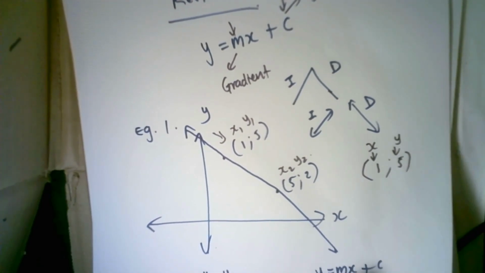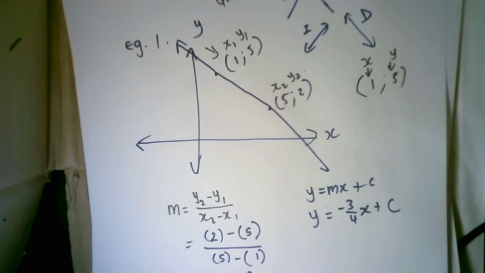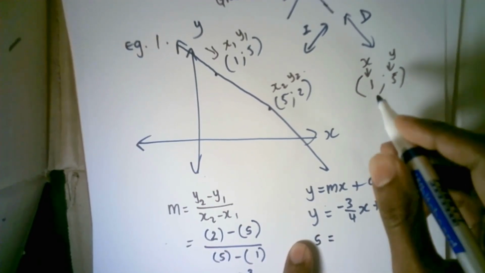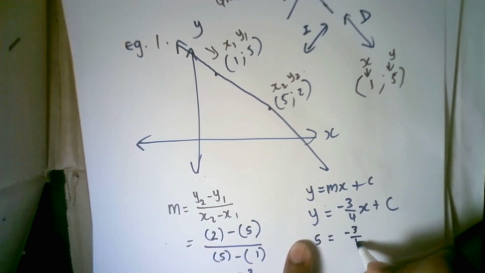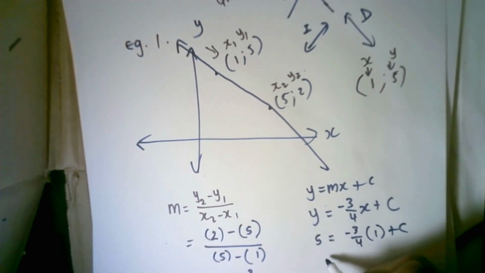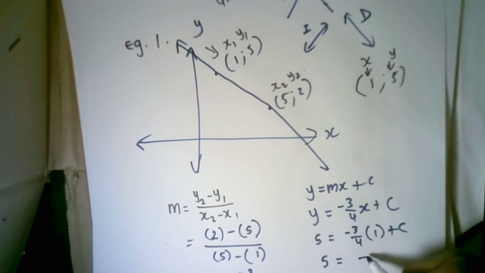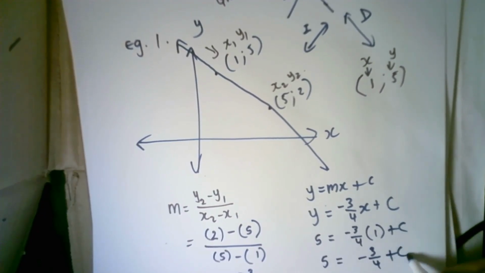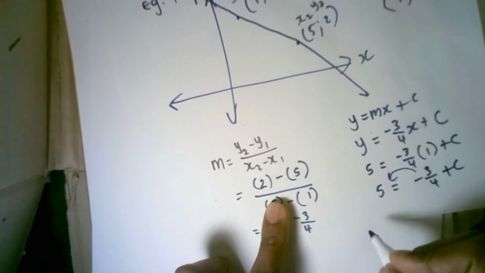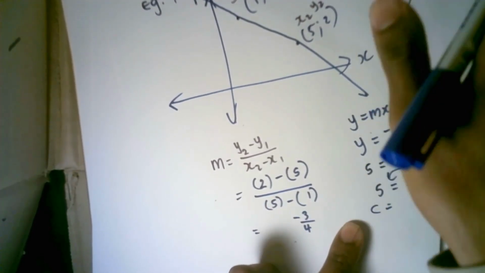So I'm going to substitute x is equal to 1 into the formula, and I'm going to substitute y is equal to 5 into the formula as well. So where I see y, I'm going to substitute 5 in the place of y. Where I see x, I'm going to substitute 1 in the place of x. Right? So it's 5 is equal to negative 3 over 4 plus c. I'm going to solve for c, so I'm going to take this to the other side. C is merely equal to